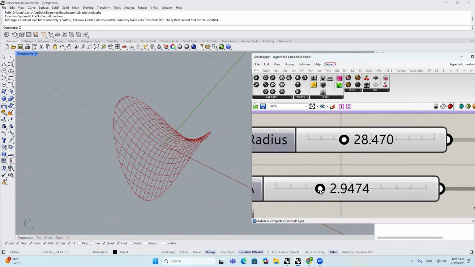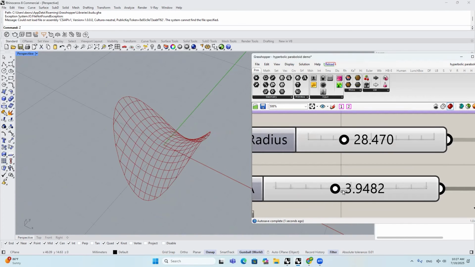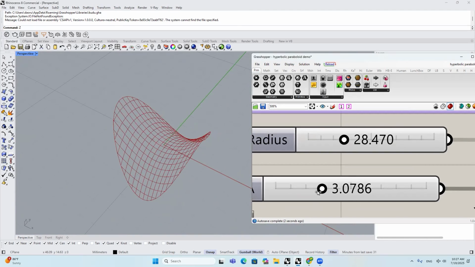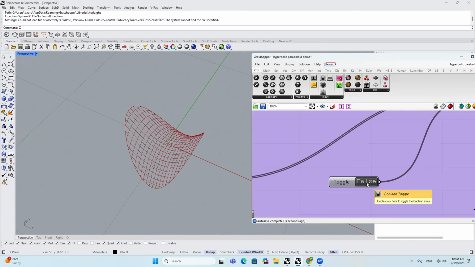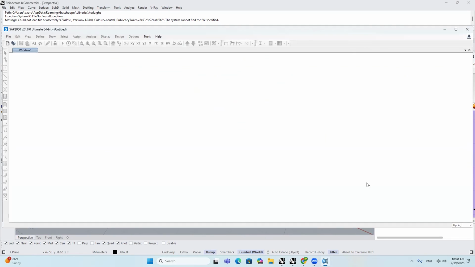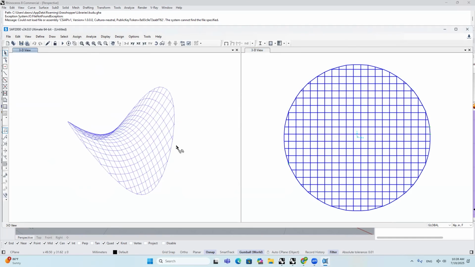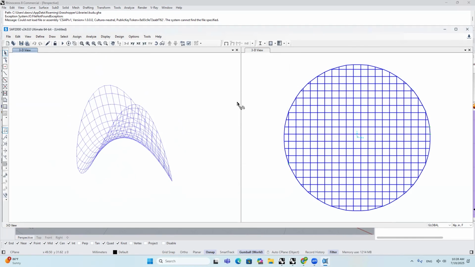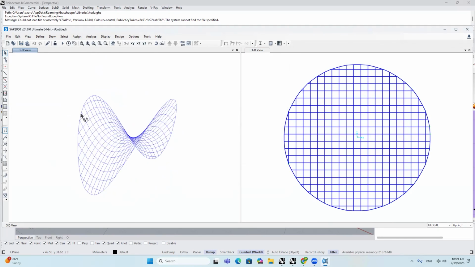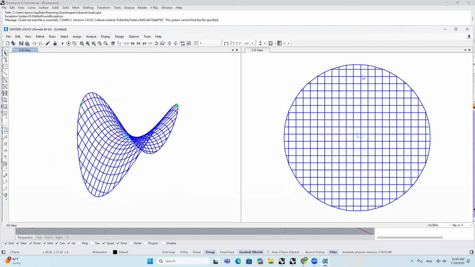At the same time, I can change the density of the suspension members in between. And then we can use the plugin that I wrote, which is called Skunk, to send all the data into SAP 2000. And all you have to do is simply turn this on. And from here, you can start to get a series of complicated structural analysis on this hyperbolic paraboloid surface using SAP 2000. And as you can see, the top view of this shape